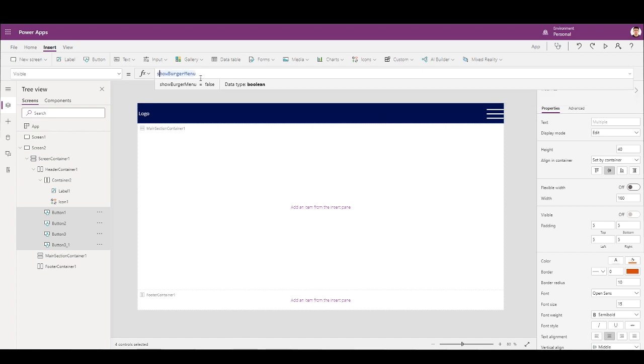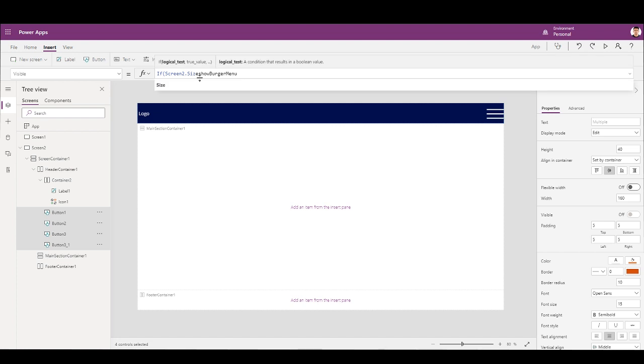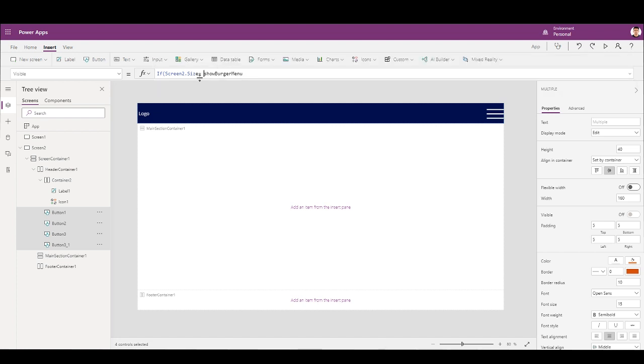So what I will do is, if Screen2.Size equals to, let's wait for some time.